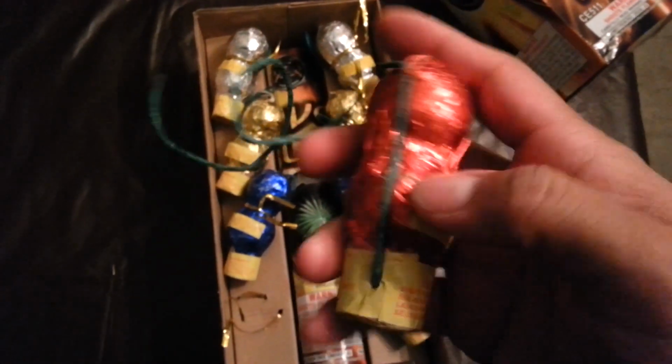Double break shells. So what I'm going to be doing a demo of is this golden willow to red, golden willow to green. So a double break ball shell, 1.75 ball shell. So this is the tube it comes in, water tube. So let's go ahead and